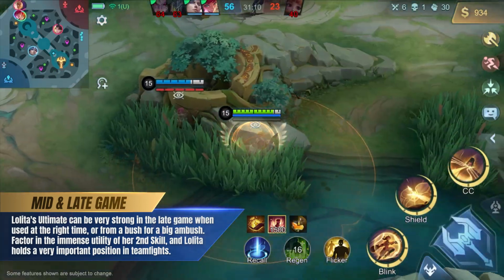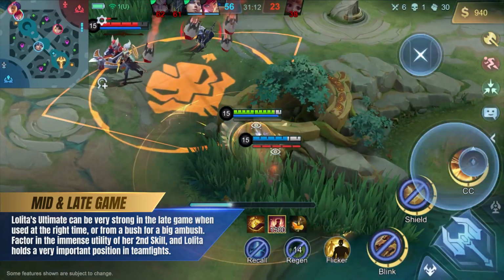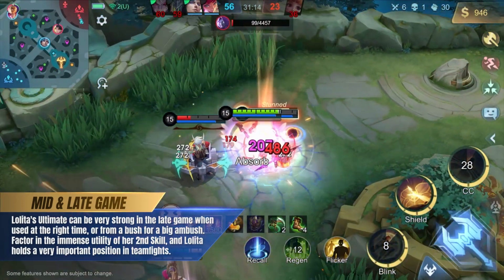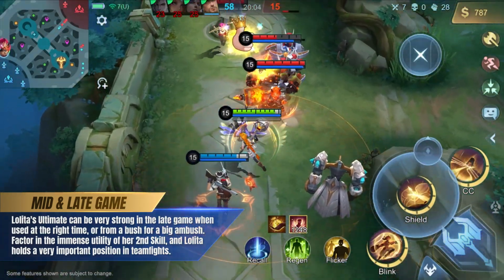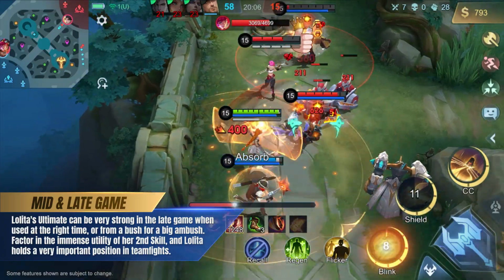Or from a bush for a big ambush. Factor in the immense utility of her second skill, and Lolita holds a very important position in team